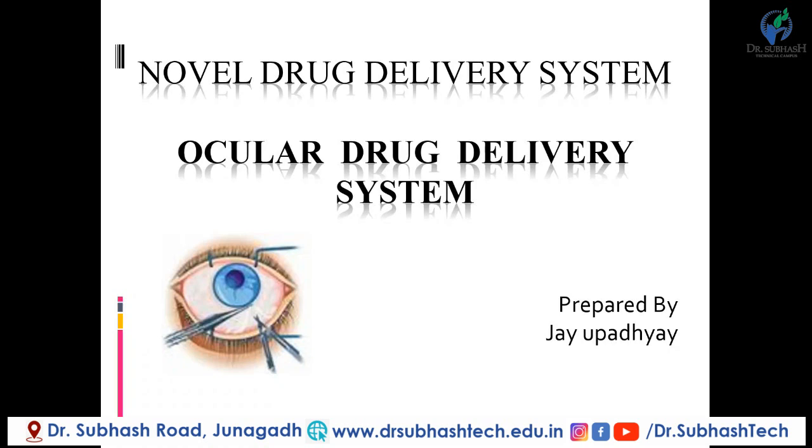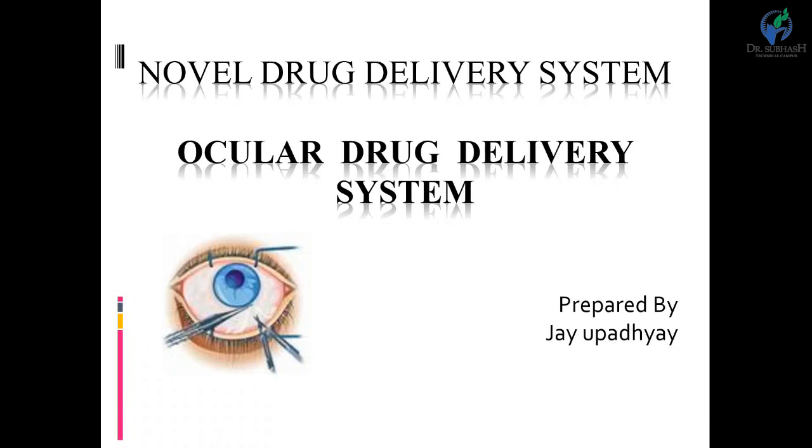The ophthalmic or ocular dosage form is a specialized dosage form that is designed to instill the drug onto the external surface of the eye, so that we use it topically, applying it to the external surface of the eye. The other option is to design it so that it is administered inside, which is intraocular, or into the adjacent part of the eye, which is periocular. So we have topical, intraocular, and periocular routes.